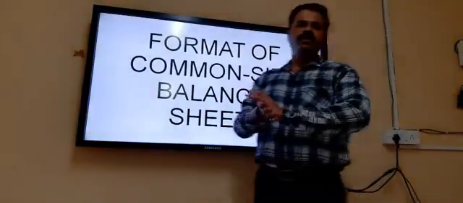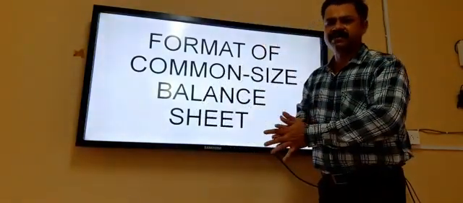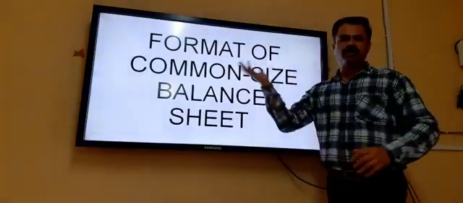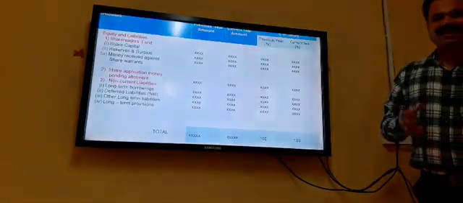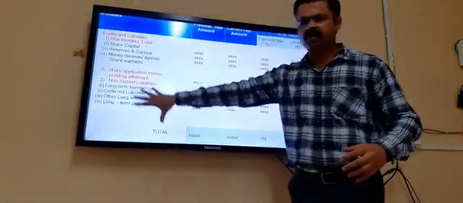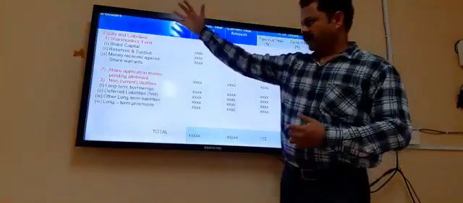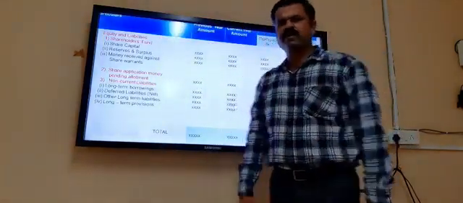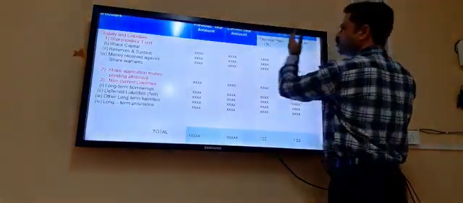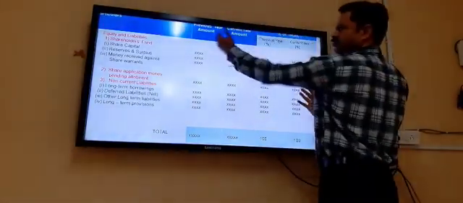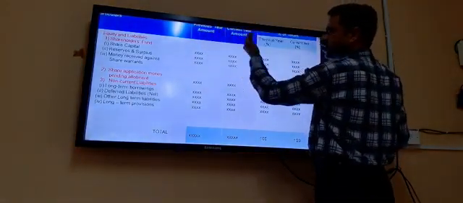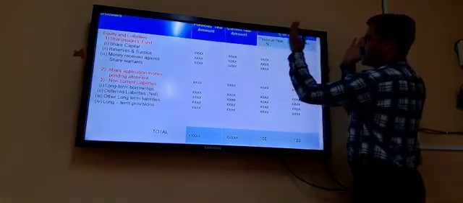Now let us come over to common size statements, and the first thing under common size statements is the common size balance sheet. So how to make a common size balance sheet? Let us see. Again, there is no difference, you have already done these things. What is the format of the balance sheet? The same format will be used, and the difference comes here. There will be 4 columns, and the first 2 columns are similar to comparative statements: previous year amount, current year amount, but the difference lies here.